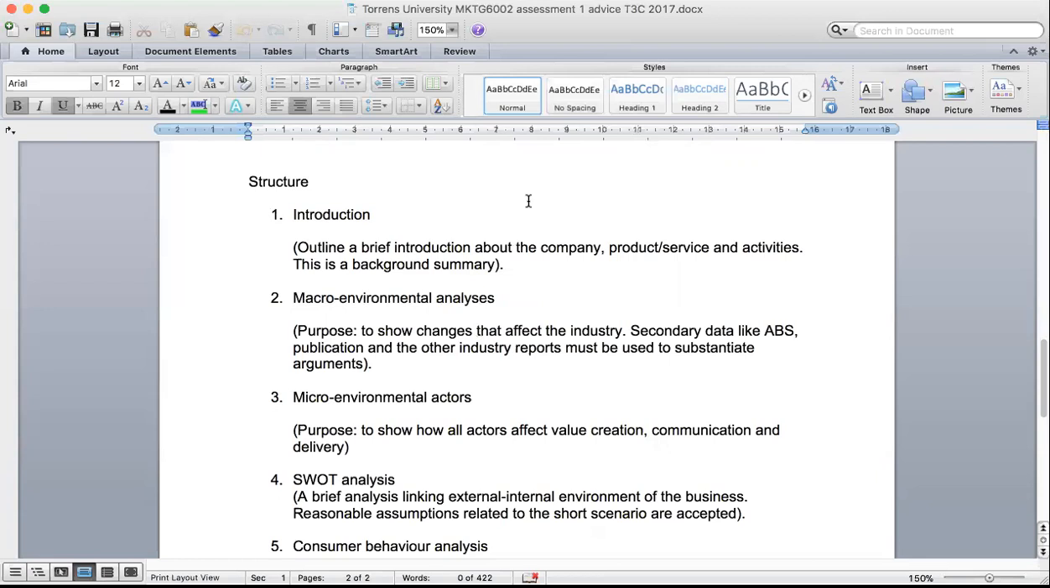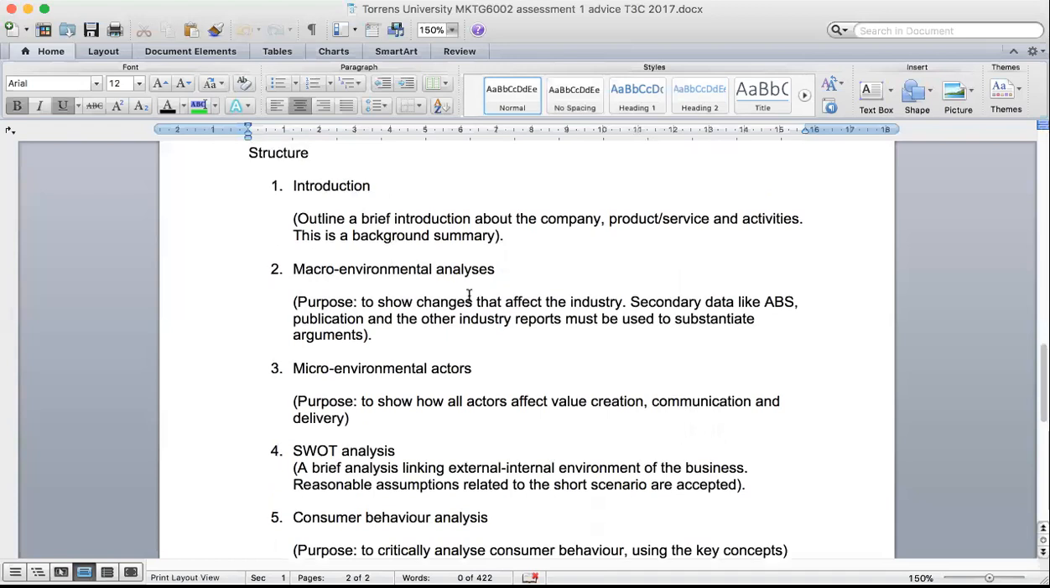And normally when we write a marketing plan, we start with the introduction, and some people insert an executive summary. But for assessment 1, that is fine if you don't insert the executive summary. Okay, so that's the introduction. Here we outline a brief introduction about the company, product, service, and activities. What do they do? Okay, so you refer to the assessment brief